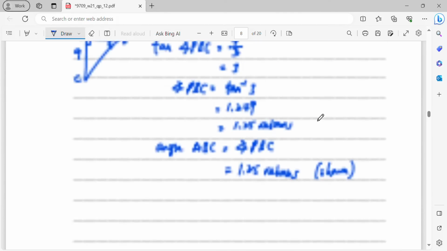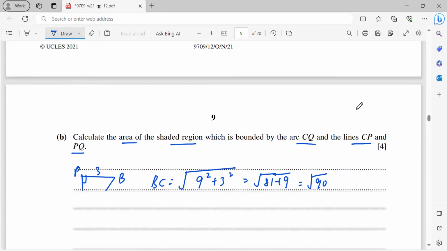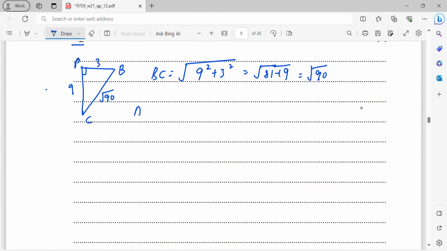Okay, so if BC is square root 90, that means QB is also square root 90, because that is the radius. So now we need to find the area. So area of sector, let's say here is theta, this is R, it will be half R squared theta. Okay, so now my area of shaded region